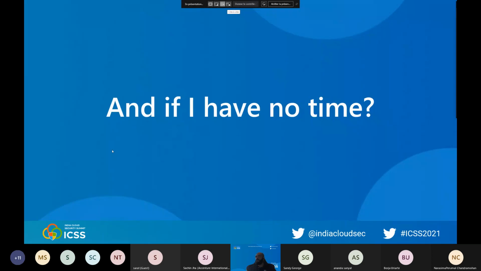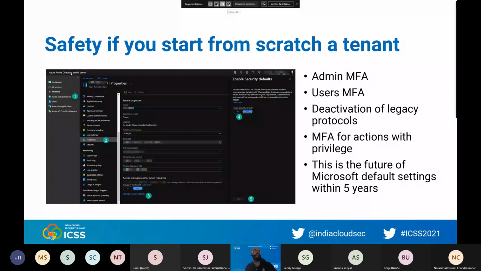Okay, and if you're an IT admin in a very small company and you have no time to implement everything like that, you can go to Azure AD Admin, Azure Active Directory, Properties, and you have this tiny link here, Manage Security Defaults, and you can enable Security Defaults. If you do something like that, it's really a brutal action. So don't do it for a big company, but if you are a tiny company using Office 365 with no legacy application and nothing like that, do something like that.